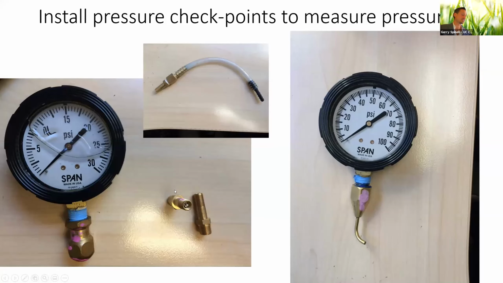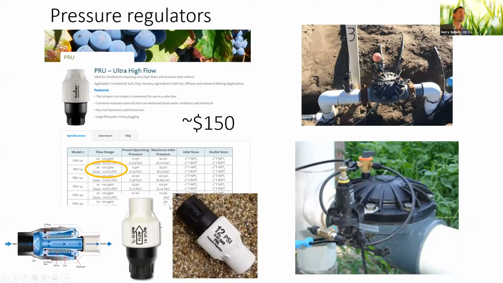These are just like those that you have in the tire of your car, and make sure that they have a pressure gauge so they can go there and measure the pressure in your irrigation system. Pressure regulators come in different forms. These are those that you buy for a specific pressure, 10, 15, 20, or 25 psi. These are cheaper. You just buy them and you leave them there, and they do their job by themselves. They have a spring inside that the more pressure there is, the more it chokes and the more pressure loss it causes. These other ones are more expensive, up to $1,000.